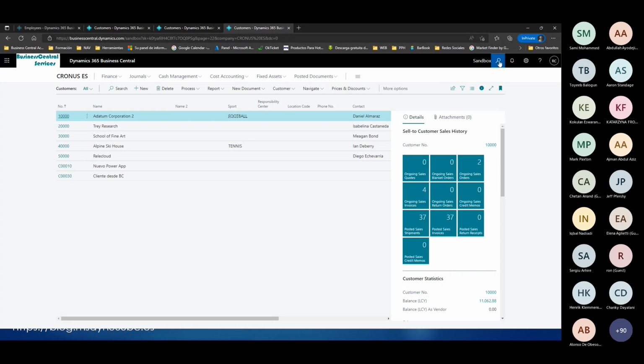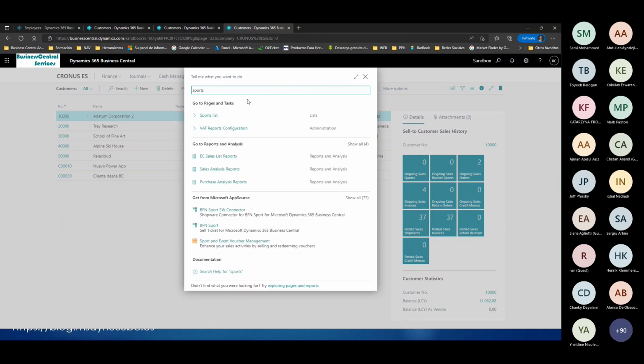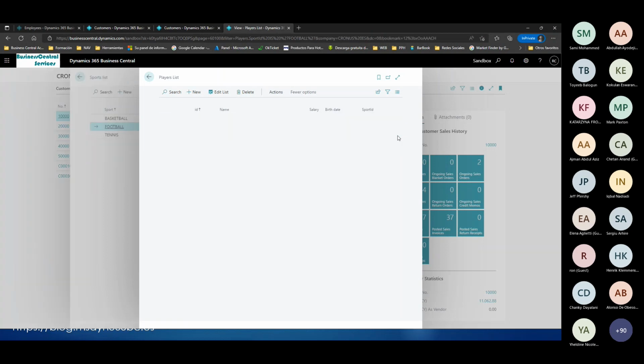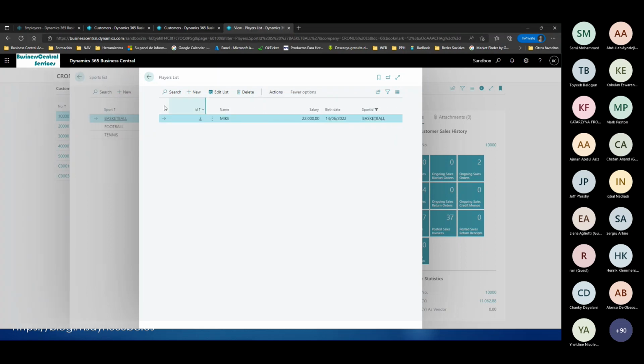Then if I go here to sports, sport list, we can see here the tennis has 0 players, the football has 2 players. And if I open, I can see that these 2 players are in the list, and basketball has one player,